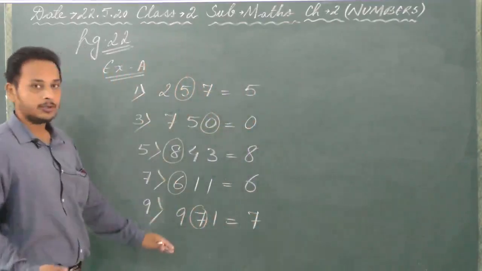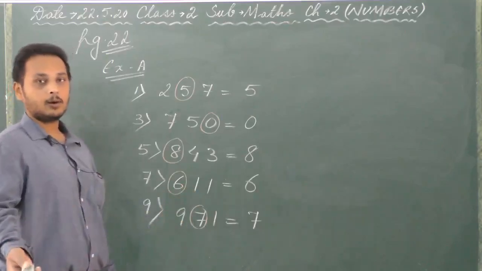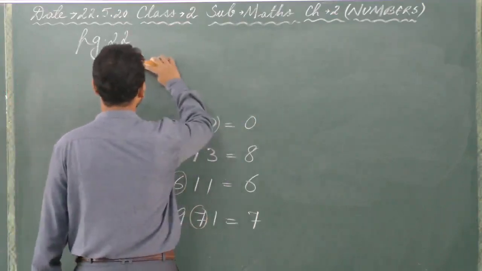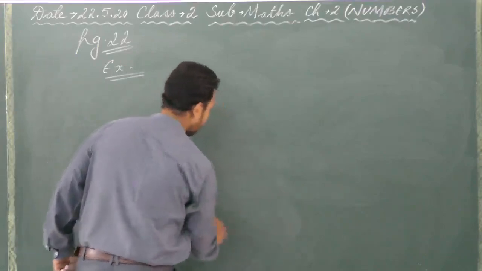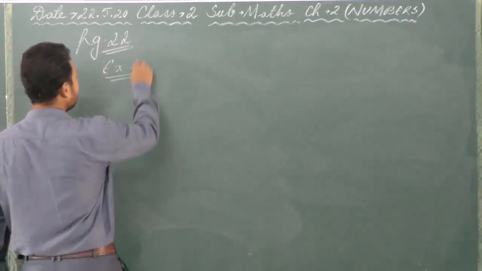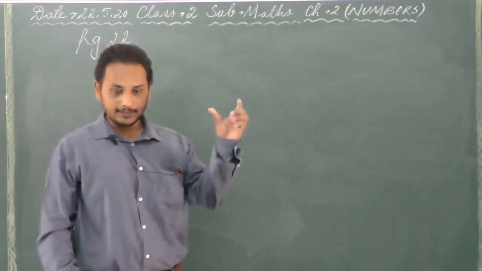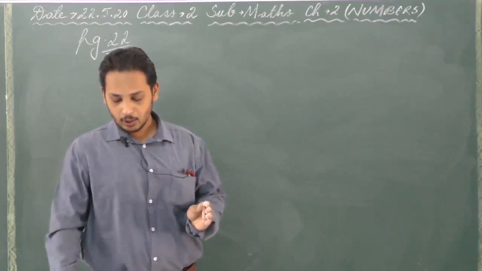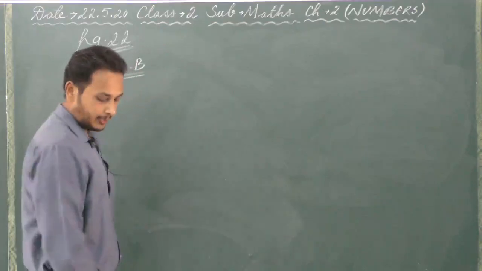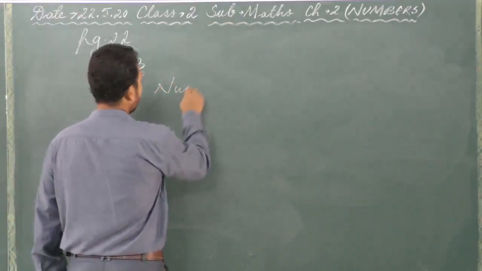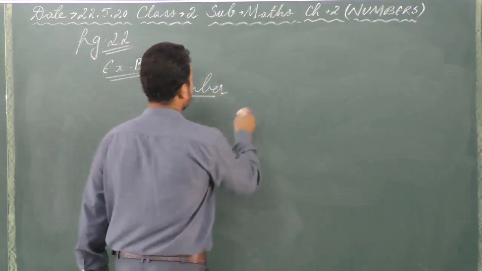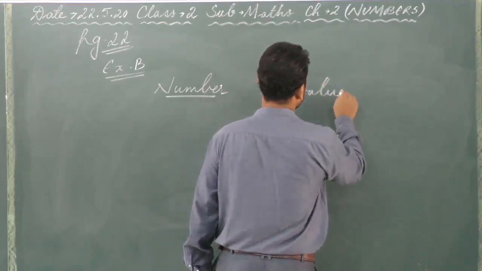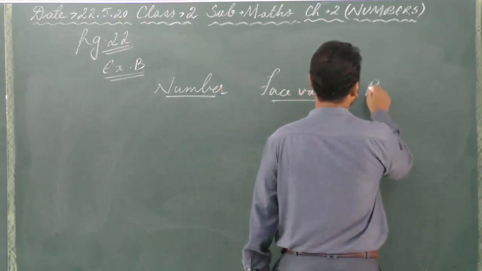Okay. So I have done this classwork with you. The left hand column, the right hand column numbers is for your homework. Then on the same page we have exercise B. Now in exercise B, what you have to do, a number is given, you have to write the face value of the number as well as the place value of the given number. Like for example, you have the heading on top, that is number, then face value, and then place value.